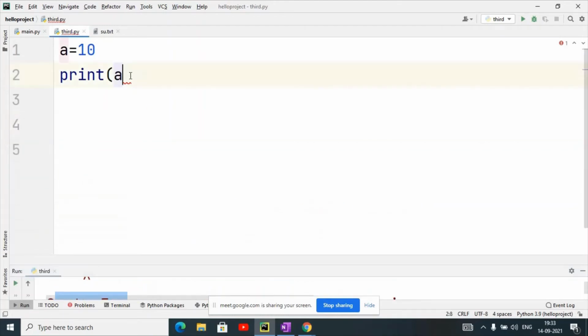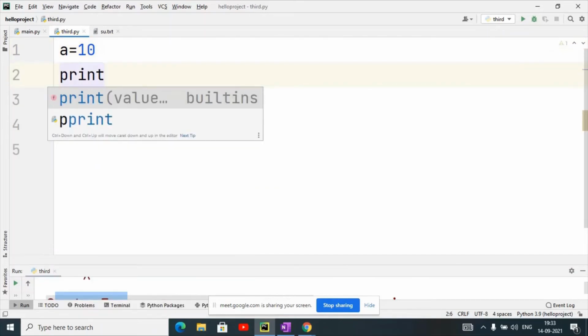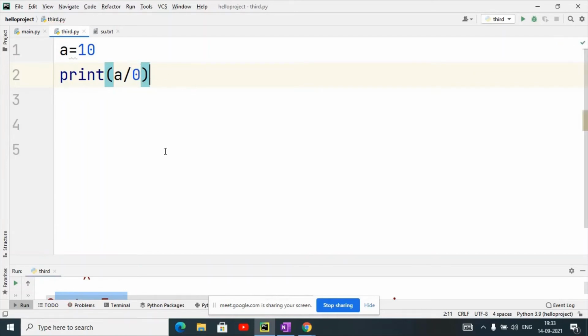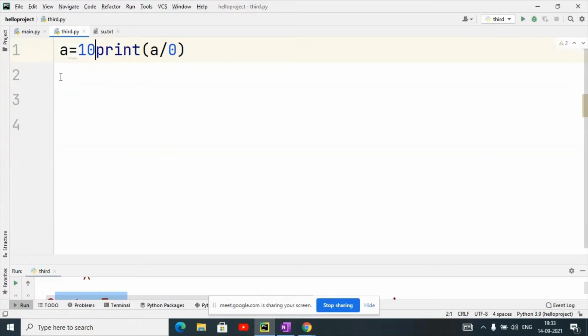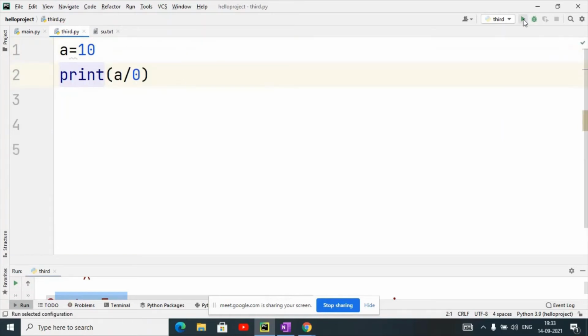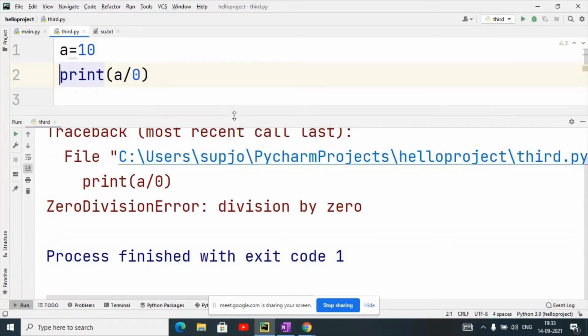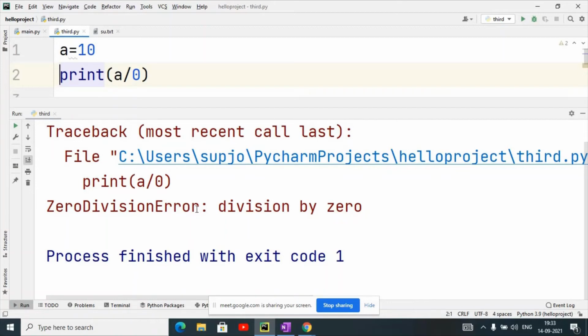Now the second one, that we had discussed, is runtime error. Runtime error, which type of error? Suppose I have given a equals to 10 and I want to print a divided by 0. Now you can see there is no syntax error here. Once I execute this, it will generate a runtime error, also known as an exception. It is a zero division error, because I am going to divide a number by 0. This type of error does not come at compile time, it is generated at runtime. So the Python interpreter generates it, and that is called